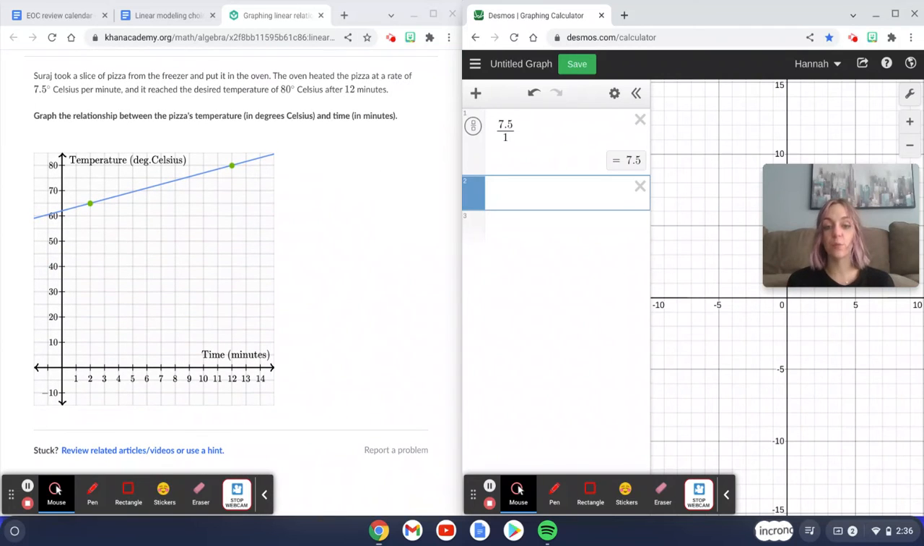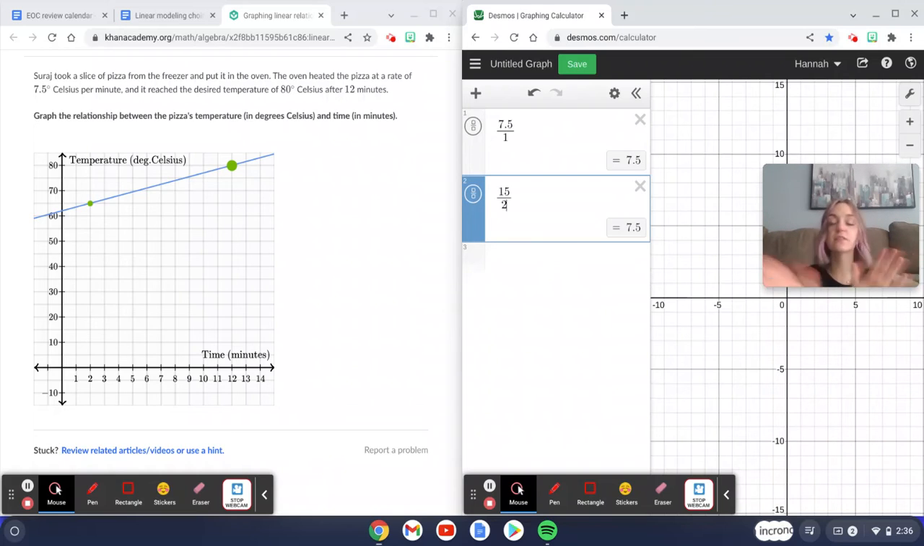graph? So instead of 7.5, I'm going to have 15. And then instead of 1, I'm going to have 2. So all I did was multiply the denominator and the numerator by 2, and I still get the same constant slope of 7.5. So I'm going to start here, and I'm going to say instead of going down 1 minute,